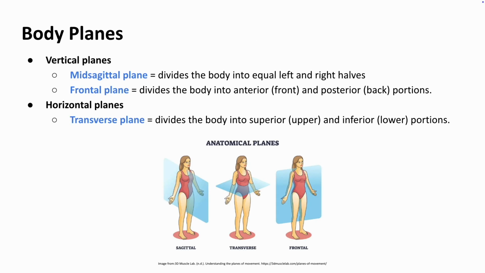I think this is the most intuitive one. If you have a 2D plane that separates your body this way, it's called the mid-sagittal plane, or just the sagittal plane. It divides the body into equal left and right halves. Frontal plane